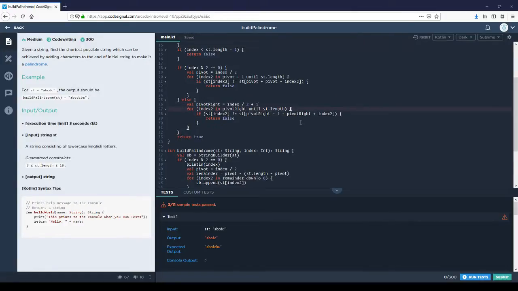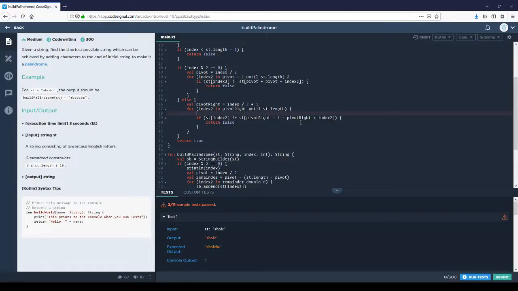Let's be super explicit. Difference is pivot right, index 2 minus pivot right. So that's the difference we want. But we want pivot left as well, so